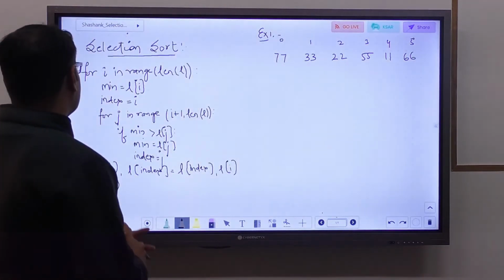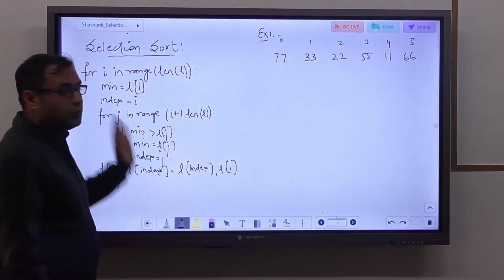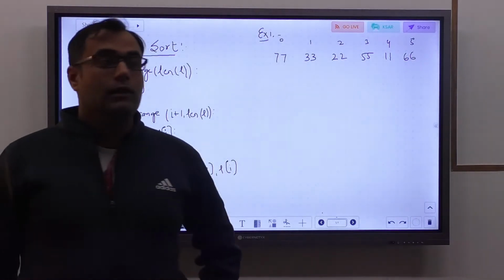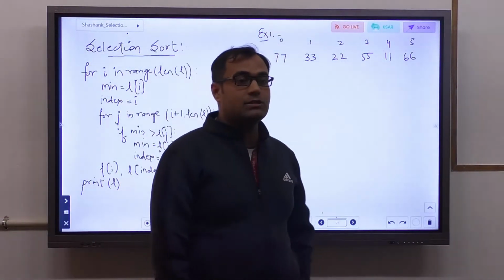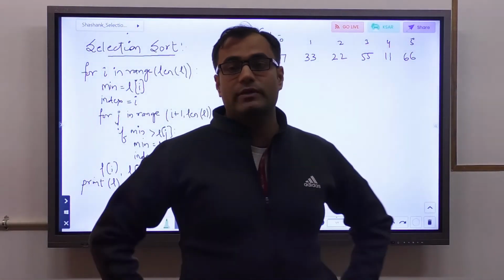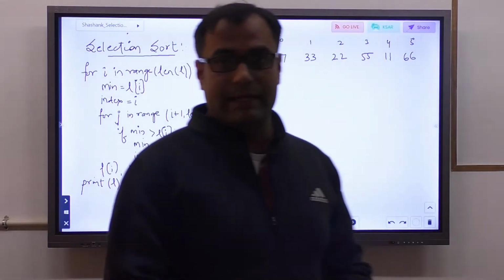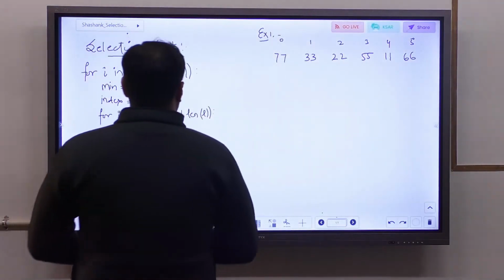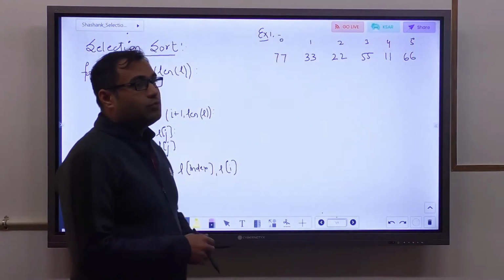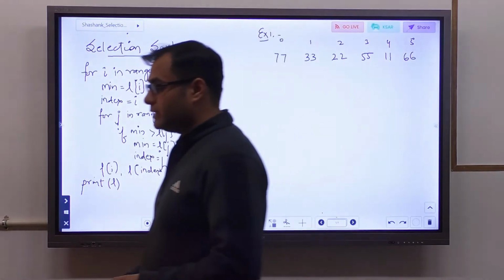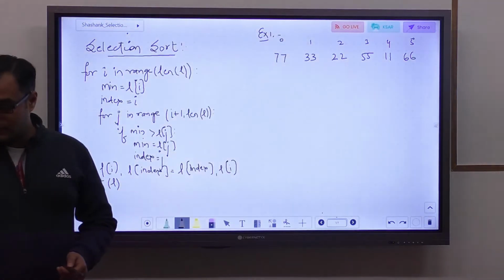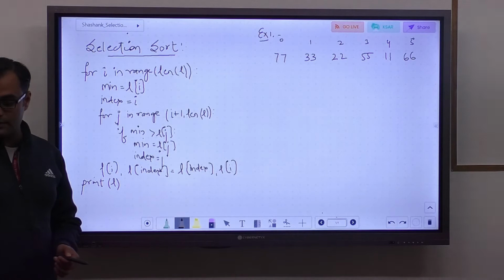Today we will discuss one sorting algorithm, which is selection sort. What is the meaning of sorting? Sorting means to arrange the elements in the sequence either in the ascending or in the descending order. When we talk about sorting in Python, we mean that we will put the elements in ascending order, right? The smallest element will come first and the largest element will come in the end.